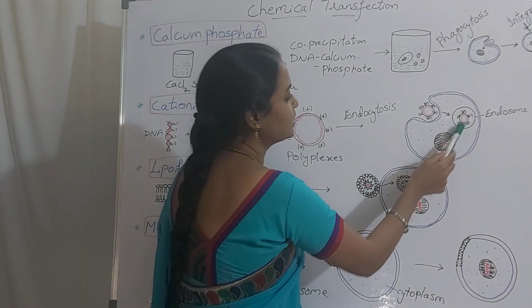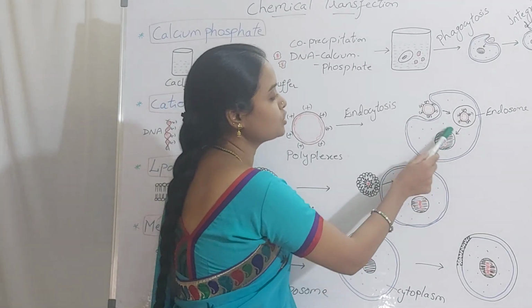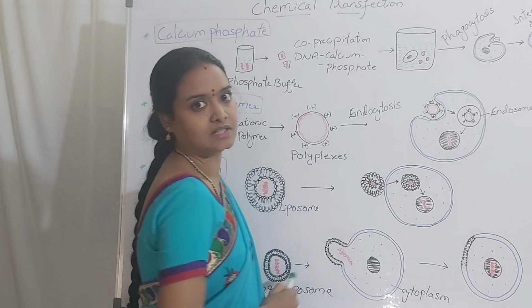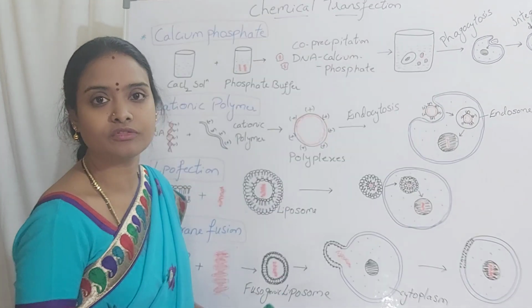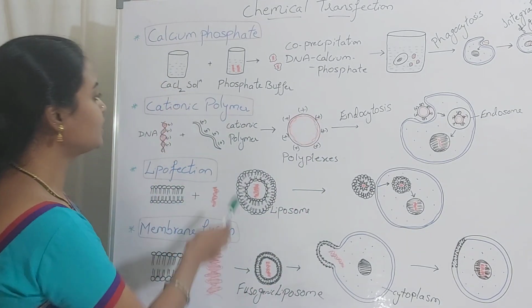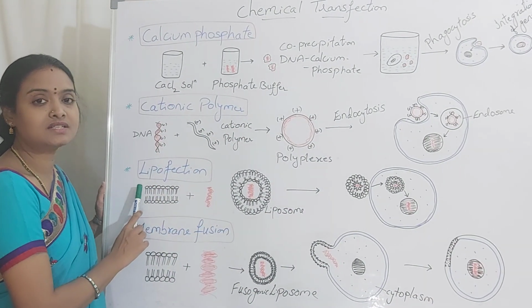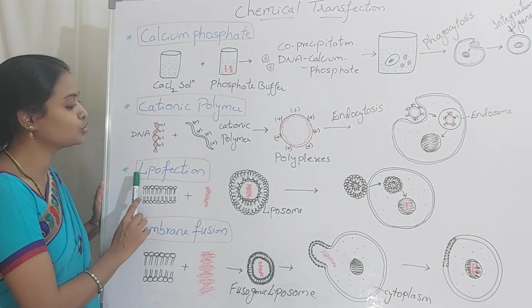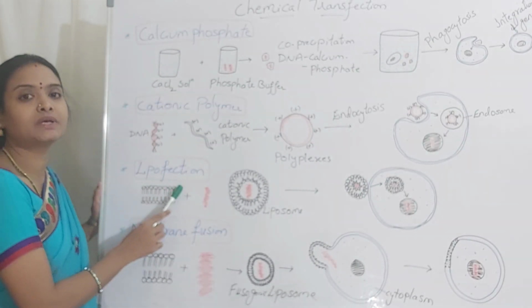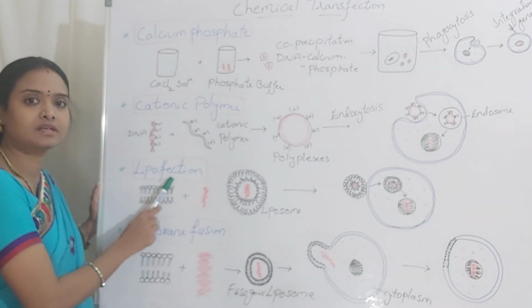Then it is integration of the desired DNA into the genome of your animal cell. So this is the another mode where you are going to transfer the desired DNA by using your cationic polymer. Coming to the third one, it is lipofection, or you also call it as lipid mediated transfection or liposome mediated